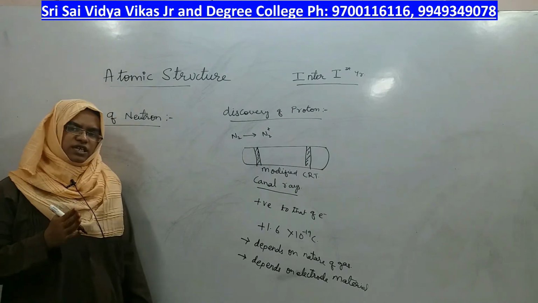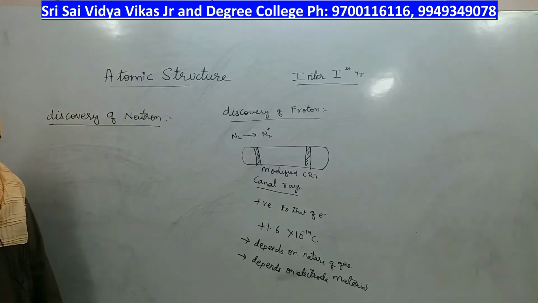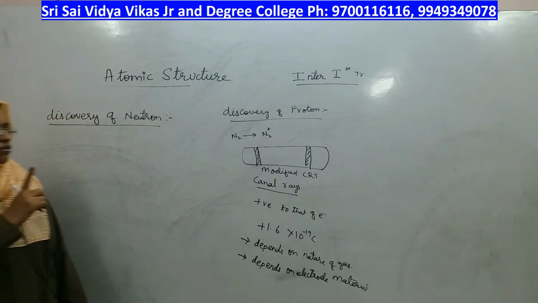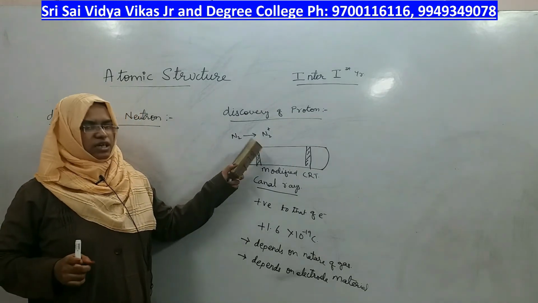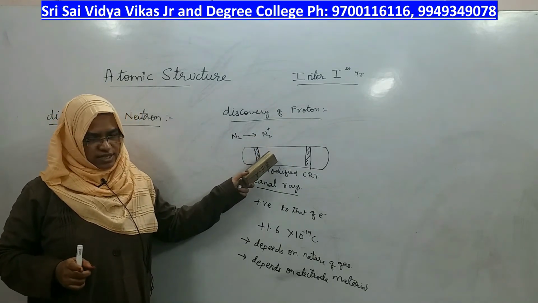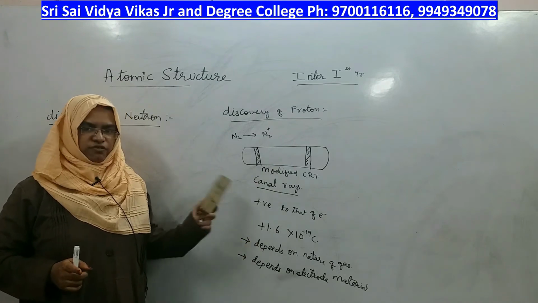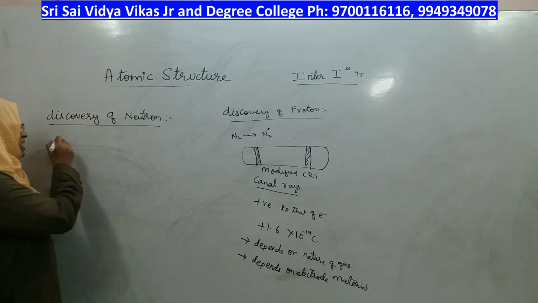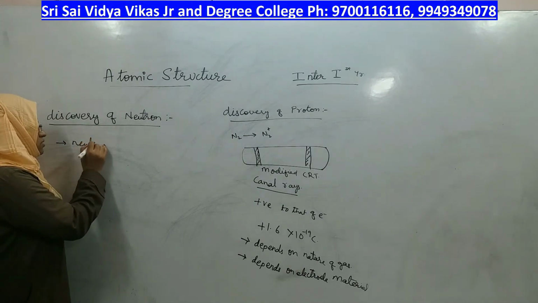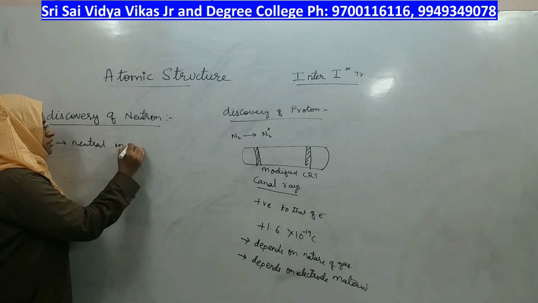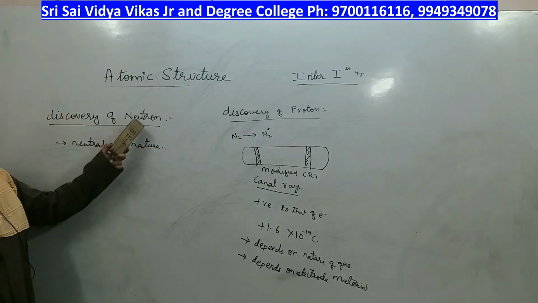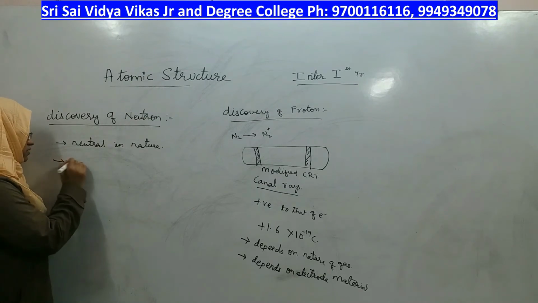So, till now we have seen the discovery of the electron, its behavior, and its confirmation by carrying out the experiment. The same goes for the proton: its discovery, its experimental proof in a modified CRT tube, and its behavior, which was different from the electron. Now coming to the discovery of the neutron. The neutron is also one of the subatomic particles, which does not have any charge. It is neutral in nature. How was it discovered? The neutron was discovered by Chadwick.